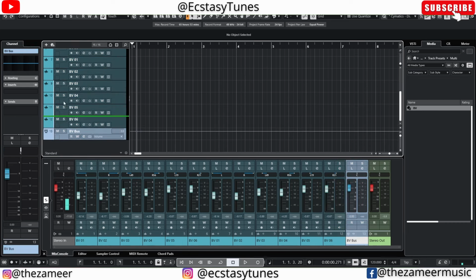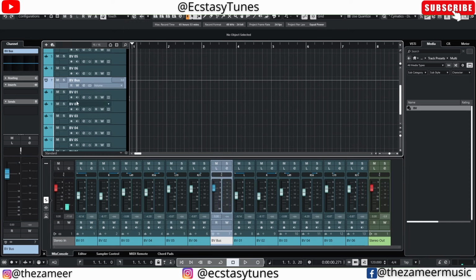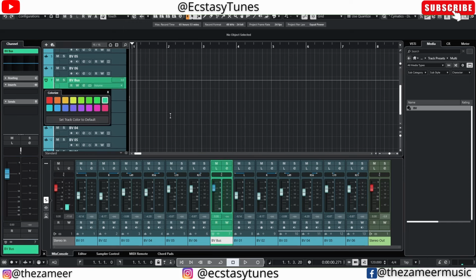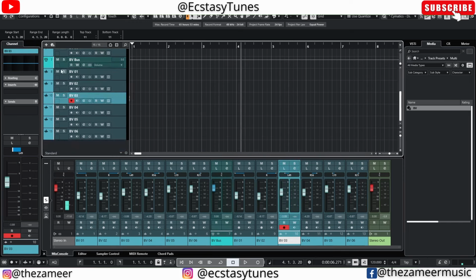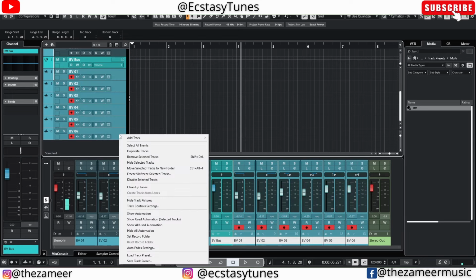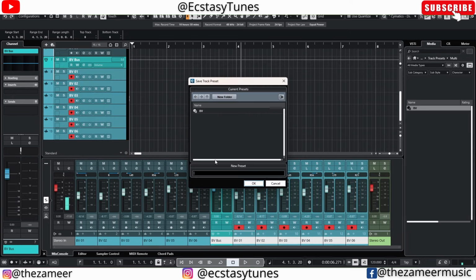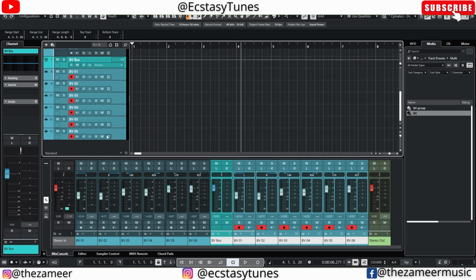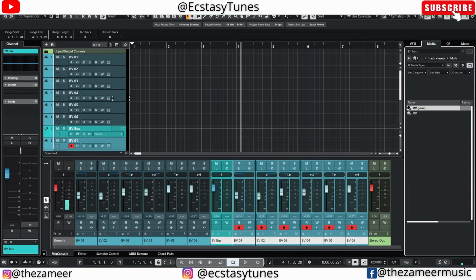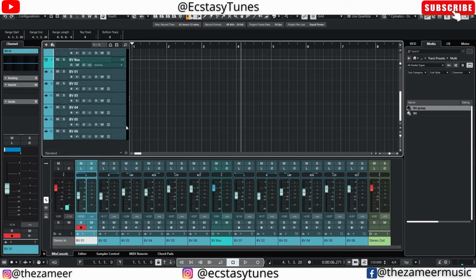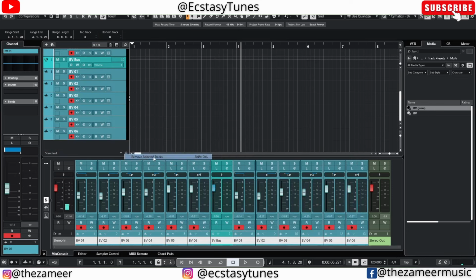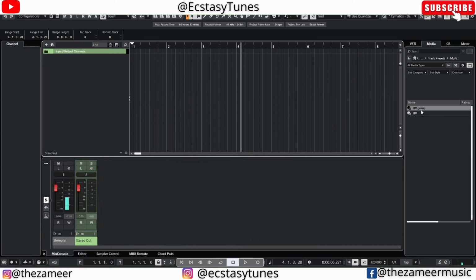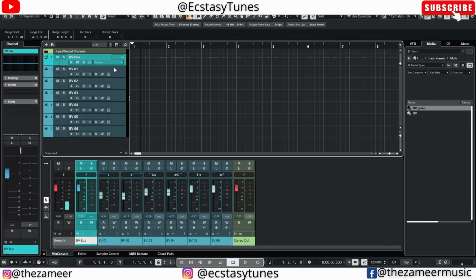So I'm gonna just put the bus up above, and let me just change the color as well. Yeah, the same color. And I'm gonna select all of them right now, right click on it and go to save track preset. So BV group. Okay, and I got this BV group. Let me just remove all of these because too many tracks annoys me. Okay, I'm gonna just drag and drop this here,